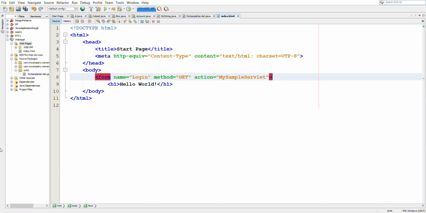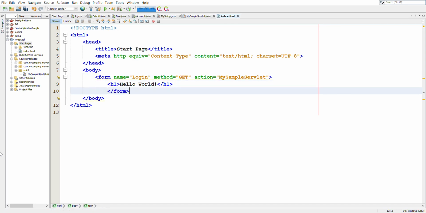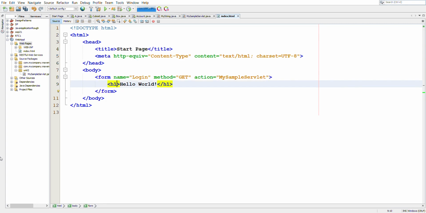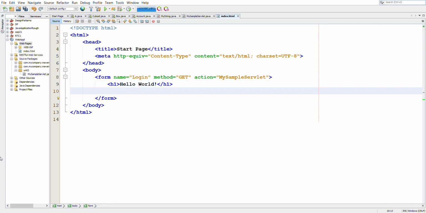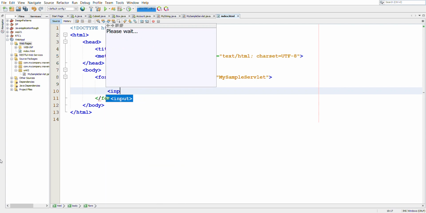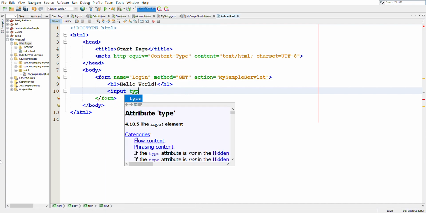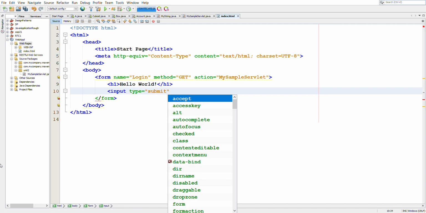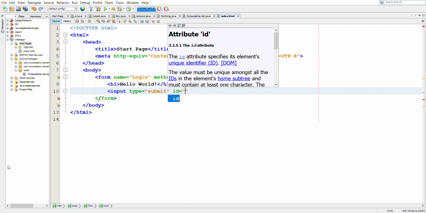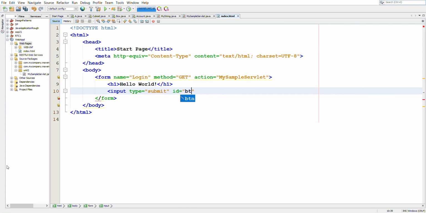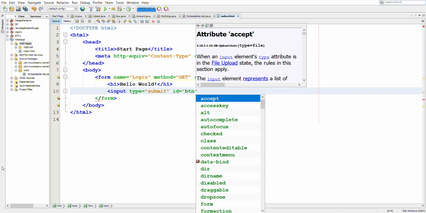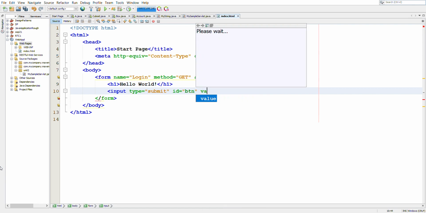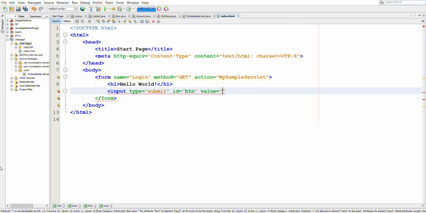and inside this form we will need to create a submit button. When we click this submit button, this form will be submitted. To create a submit button, we create input type submit, and we can give an ID to this button so that we can identify it later on, and we give a value.